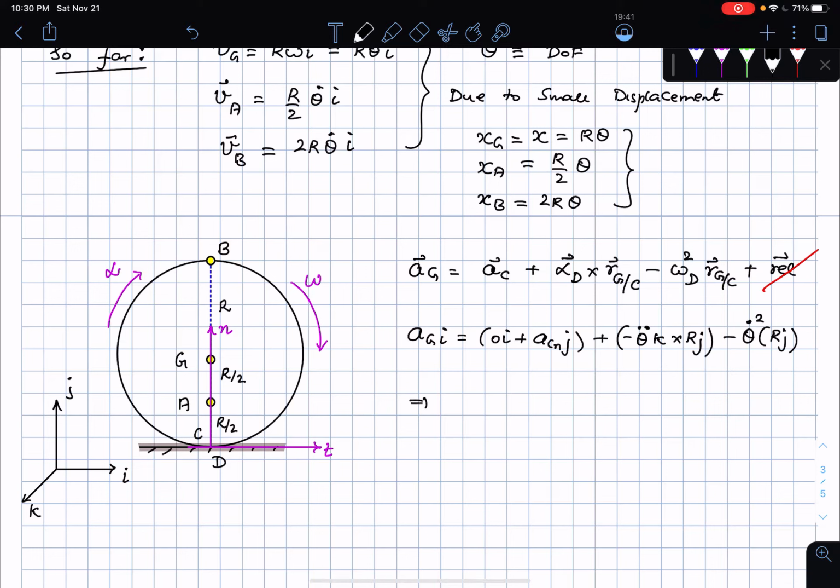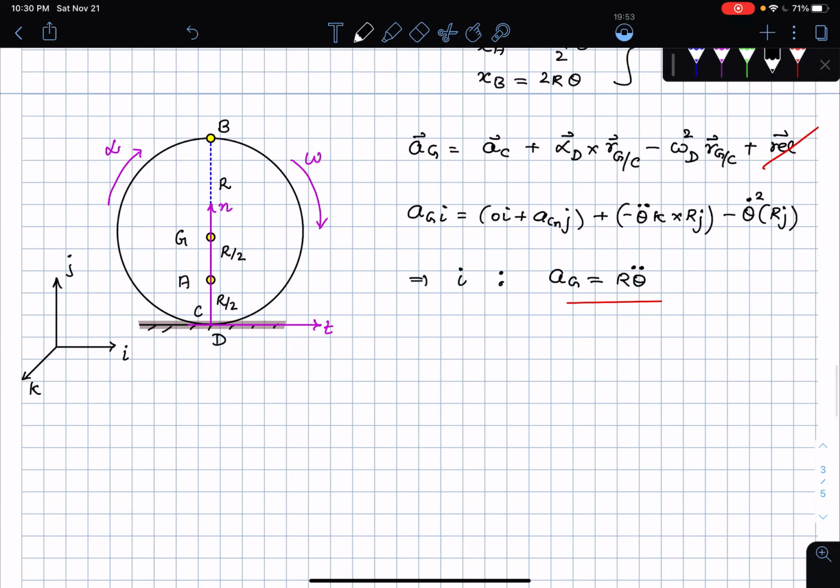Okay, which tells me that if I look at the I terms here, ag is going to be r times theta double dot, and that's something else that I would be adding on to the kinematics. Okay, so from the kinematics, for roll without slip, we end up